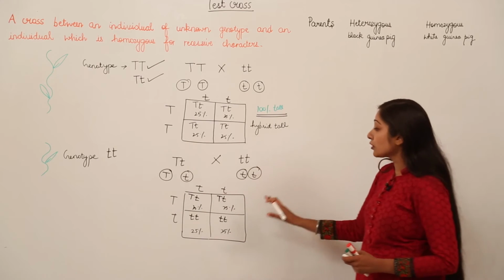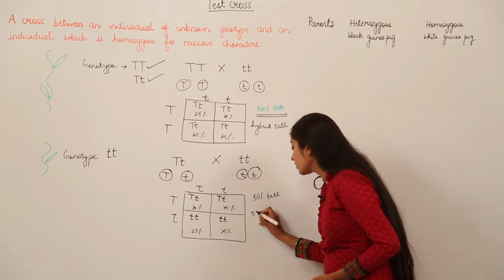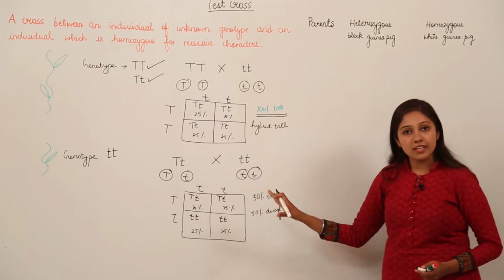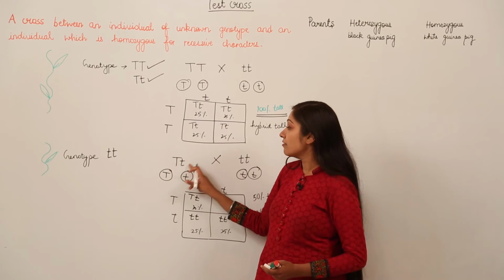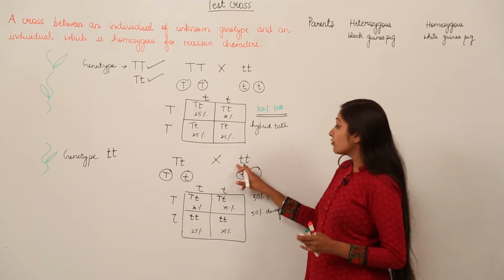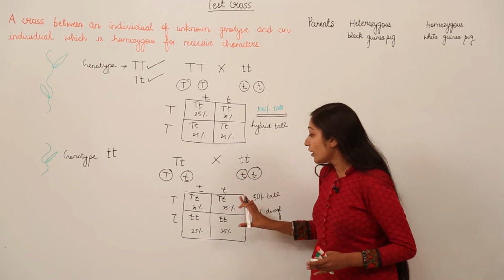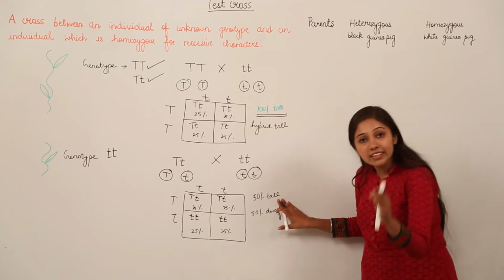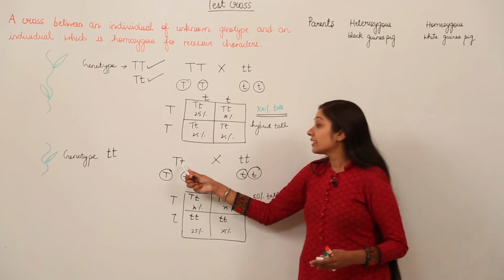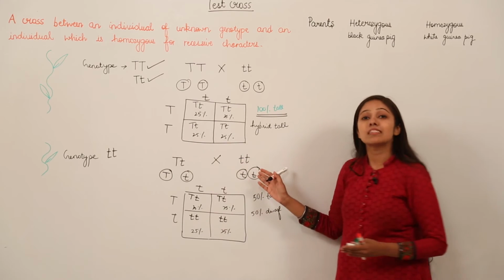Okay. So when you talk about the phenotype, this is 50% tall and 50% of the plants are going to be dwarf. They will have short height. So remember, in this case when we have a heterozygous condition of one of the parents, and we cross it with what? We are going to cross it with a pure recessive allele, homozygous recessive allele. We are going to have 50% dominant character and 50% recessive character, because in the 50% case the recessive allele from this parent is going to come, and this parent obviously can give the recessive allele only.